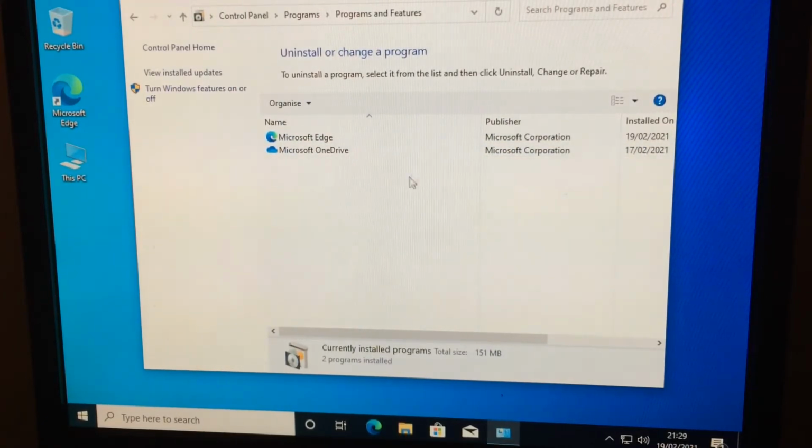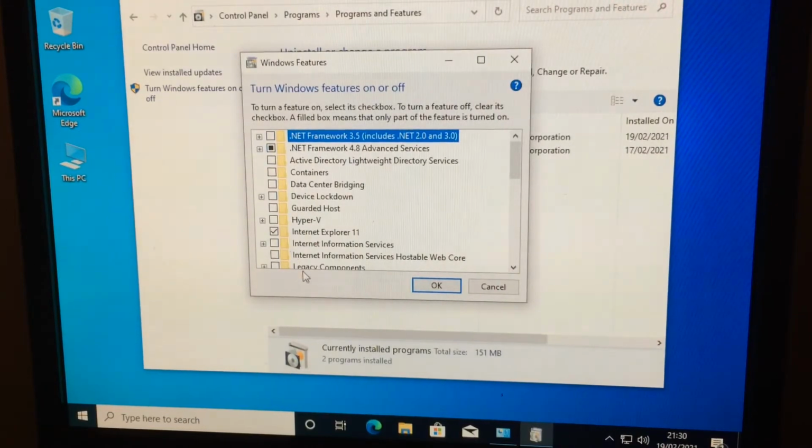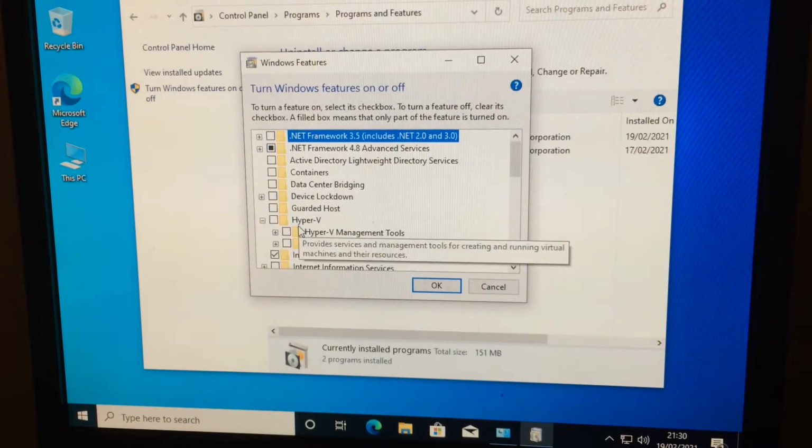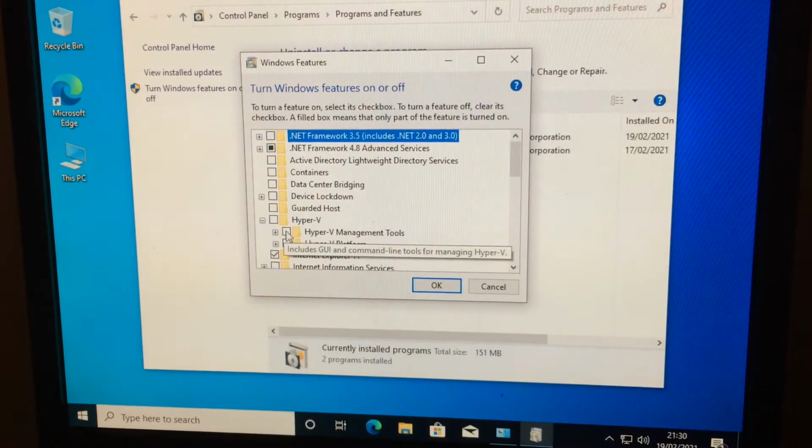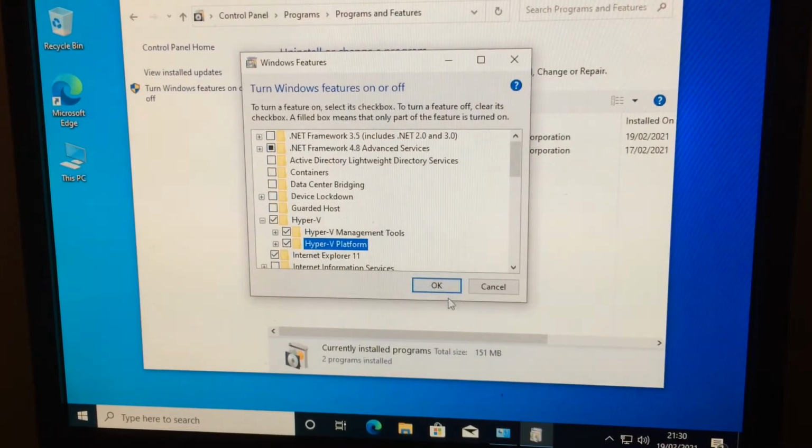In this dialog box as well, you can do some more stuff. For example, if your motherboard is capable of running a hypervisor like Hyper-V, VMware or VirtualBox, you're gonna have to come here to activate the hypervisor, which is the Microsoft hypervisor, Hyper-V. This is the place you click on, turn Windows features on or off. If you click on this feature here, it's gonna pop up this dialog box. Like you can see here, if you press this plus sign, that's the hypervisor, Hyper-V manager. To activate this, you can check both boxes. Then if you click on OK,